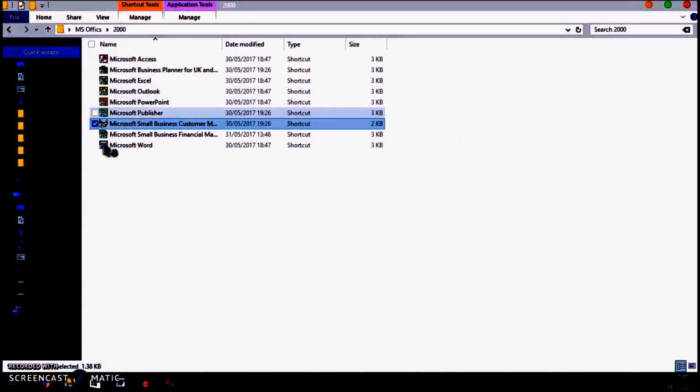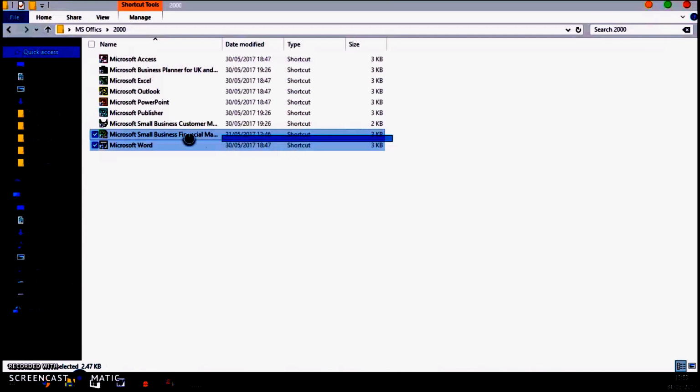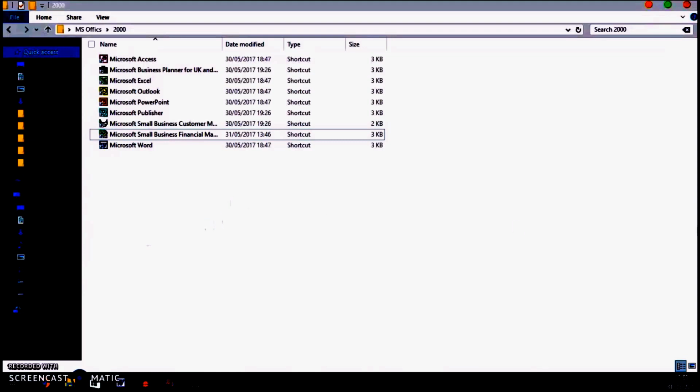So that's about it, really. We have Access, Outlook, and Publisher, but they haven't changed at all over the years. The only thing that has changed is the ribbon, and you know that that's changed. So, this is also corrupted, this Small Business Financial Manager. So, sucks to be me, but as I said earlier, some apps and features won't install correctly or won't work, so